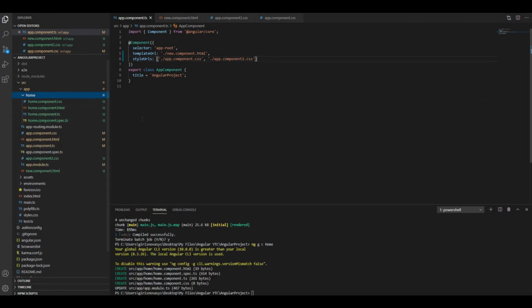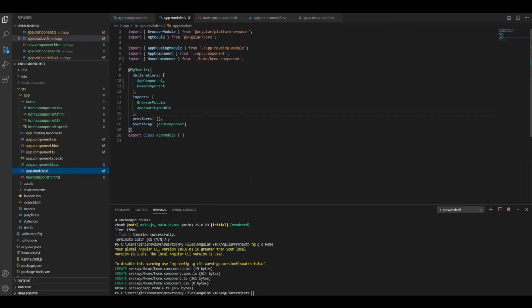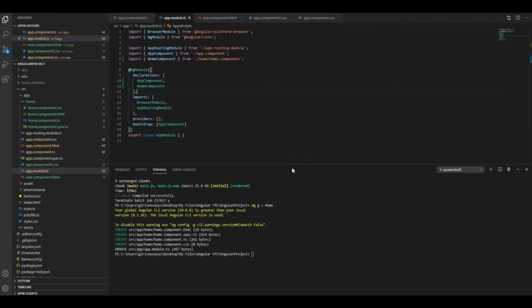We know that if we want to use any component, pipe, service or directive, we should declare it in module. If we check our root module, here app module, home component is imported and added in declarations array automatically. If we create a component or service or anything using Angular CLI, Angular itself adds it in module. Developer no need to bother about declaring it in module. If we create a component manually without using Angular CLI, Angular does not add it in module. Developer should add it on his own.